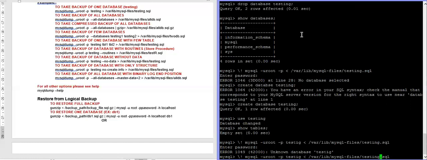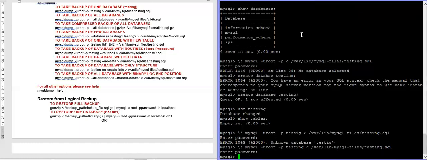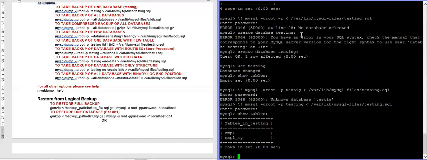Okay, spelling is wrong. Yeah, restored. So let's see whether the tables are there or not now. You can find here, earlier there was no table. Now your database has been restored. There you can find the two tables.